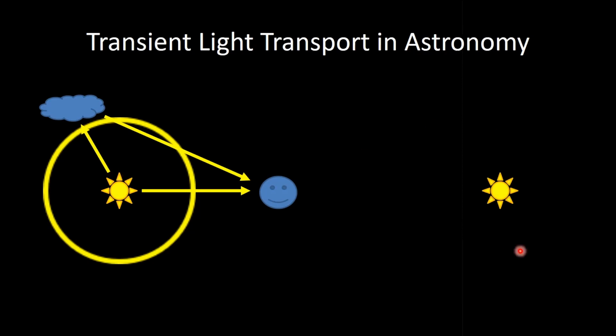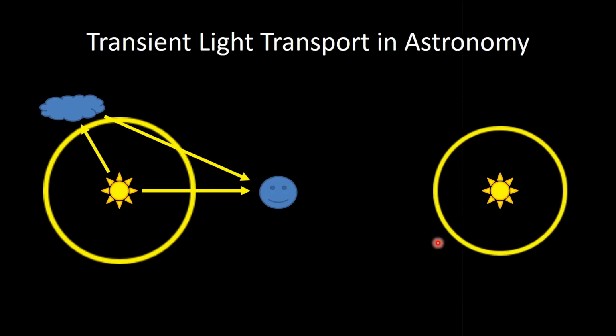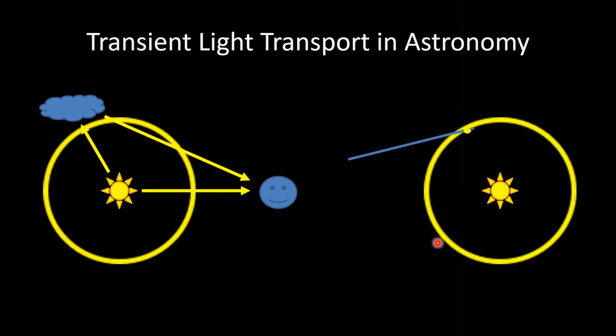Another application that I'm aware of where this kind of transient information is important is that if you have a light flash or some event reflect off an interstellar nebula, let's say there is kind of, okay, this is a very straight nebula. It's just an example. So basically our Earth is still over here, and we have this object here that reflects this light from the supernova. And what you see is just at this given time here, when this shell intersects the thing, we just see this bright spot, right? Just like our spherical shell intersecting with the floor, you only see the part of the nebula that's lit up at that time, right? And then as this shell moves out, you see another spot light up.